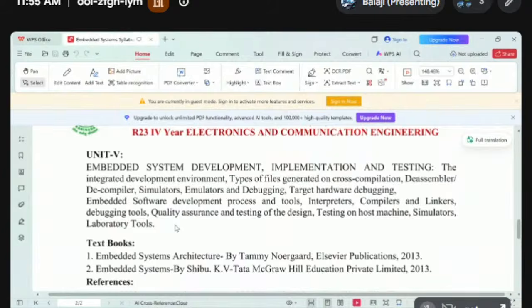That concept may be called hardware debugging, embedded software development process, and tools: compilers, linkers, debugging tools, quality assurance, and testing on the host machine, and finally we will have some laboratory tools. So this is the concept of the